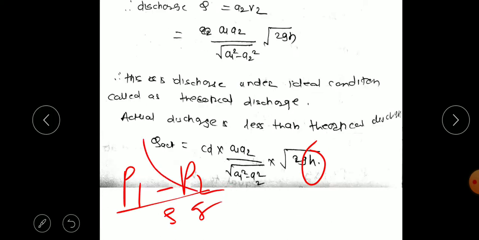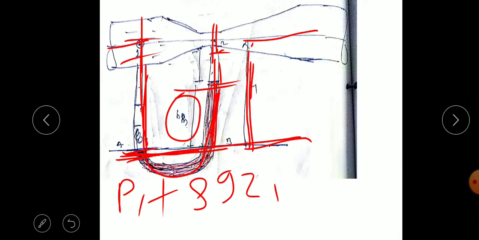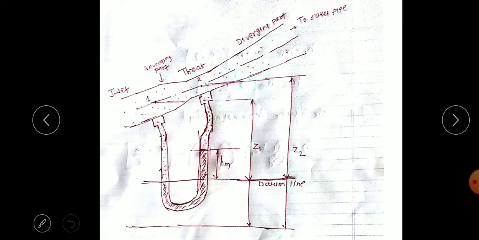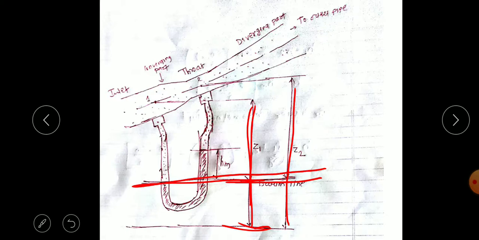the discharge through the venturimeter formula. Again, this pipe may be an inclined one. In that case, for the inclined pipe, this is the inlet. It is the same, only Z1 and Z2 will not be the same. Suppose in this case Z1 is less from the datum line. The datum line is not here; we have considered this as the datum line. So Z1 will be this one, and Z2 up to that line will be this. So Z1 and Z2 are different.